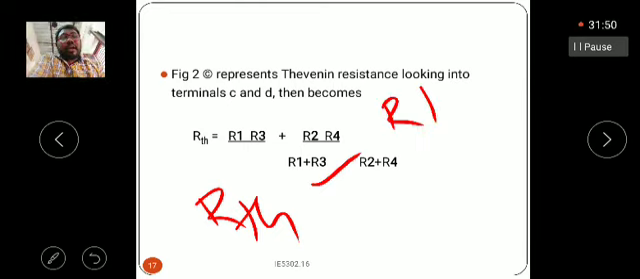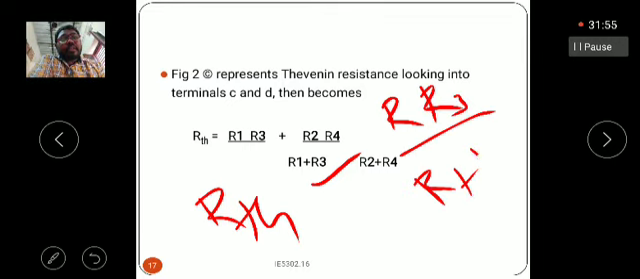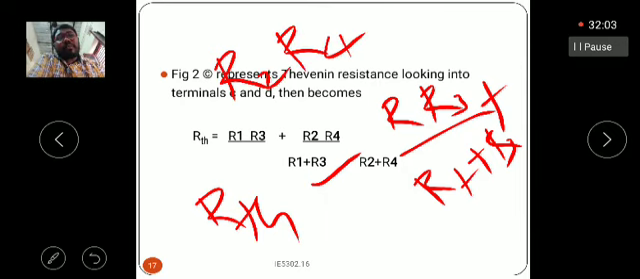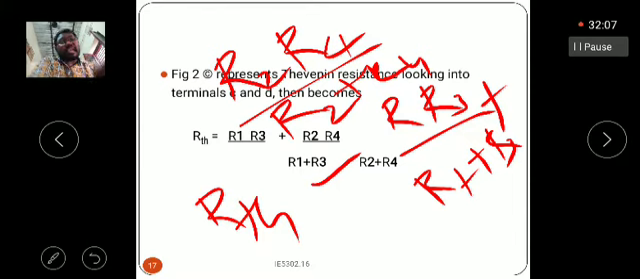R1 R3 by R1 plus R3. This is the one in series with R2 R4 by R2 plus R4. That means here, if you want to measure the Thevenin's equivalent resistance between the C and D terminals, the resistor